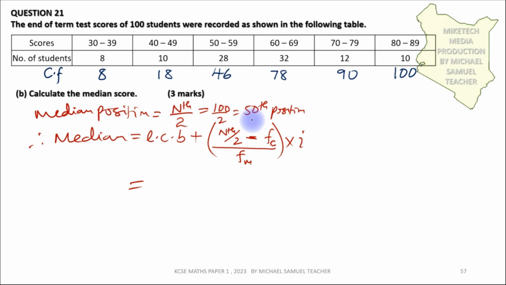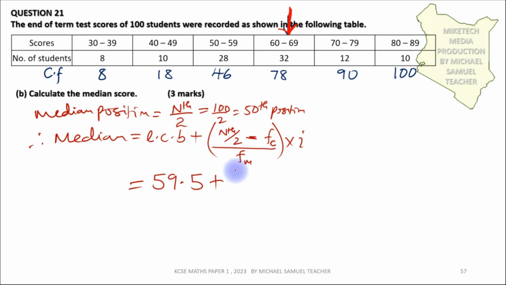Then for the lower class boundary, we need to identify the median position. So 46, 50 is not included, so where we have 78, this is the median class. This is the median class, 60 to 69, and therefore the lower class boundary of the median class is between 59 and 60, so it is